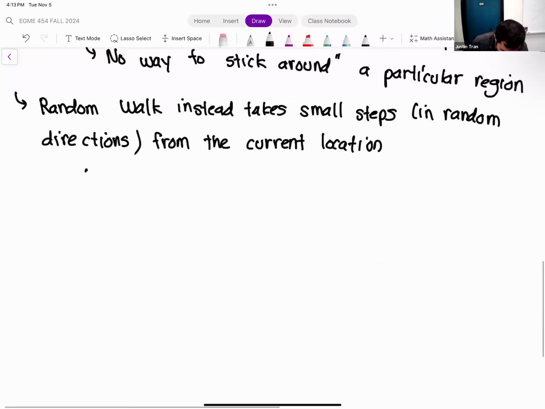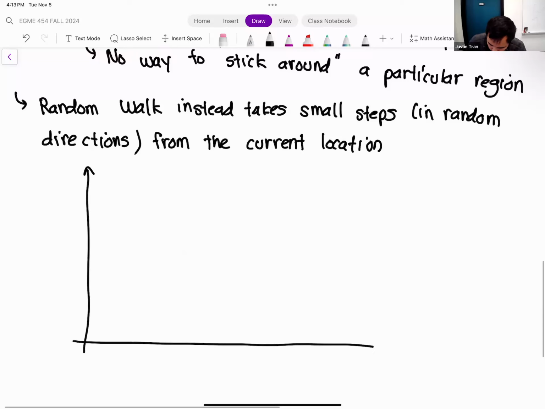Okay. Let me just go ahead and visualize that again for you. Once again, I've drawn our design space here, X1, X2. And so let's say that we start our random walk right here.